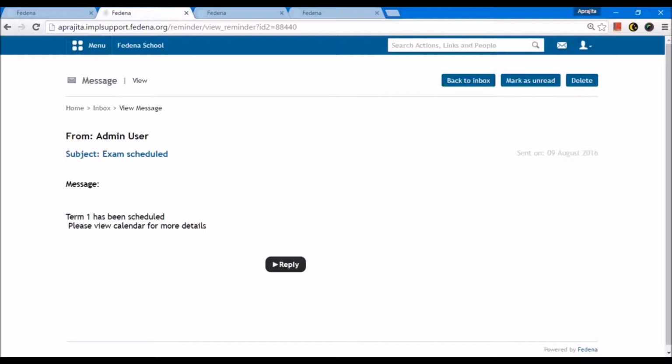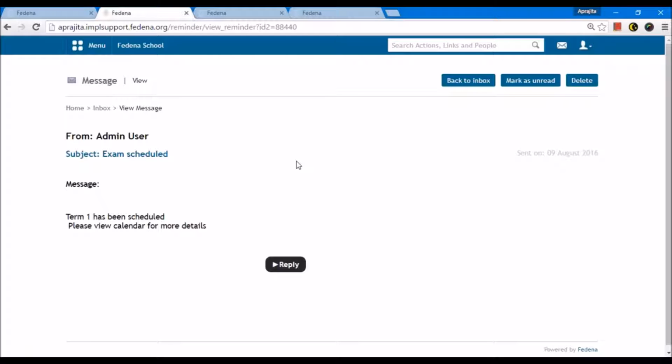So it is not only for exam results, but also for the scheduled exams. When the administrator publishes the exam, the students can see here the notification about the scheduling which is done. Also note that the automatic internal messages that are sent are scheduled jobs. Scheduled jobs in FEDINA are delayed.